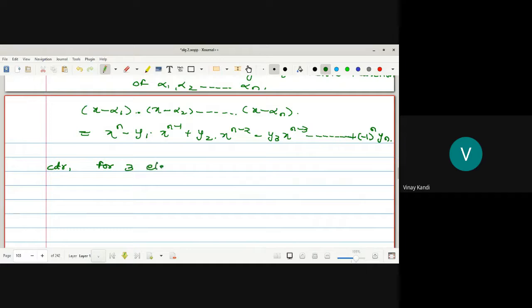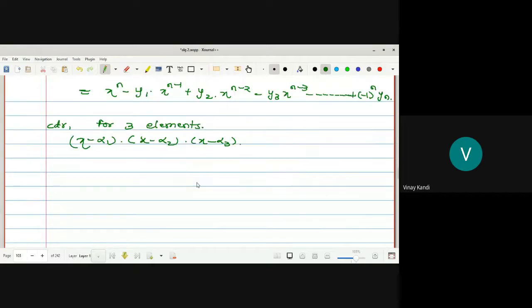Okay, suppose this is (x minus alpha 1) into (x minus alpha 2) into (x minus alpha 3), a polynomial which is equal to x square minus alpha 2 x minus alpha 1 x plus alpha 1 alpha 2, into (x minus alpha 3). Okay, now after multiplication we get,